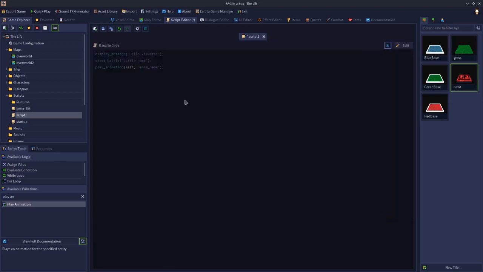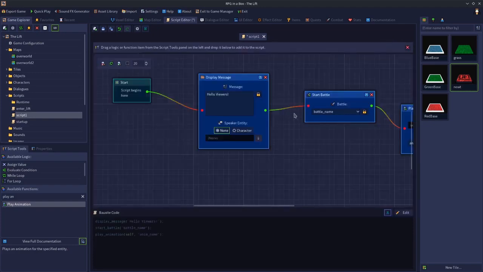Myself personally, I tend to use the code now more than the visual script, just because it's quicker to type. Once you start to know what the text is, it's much quicker to just type it than it is to find it in the list and drag it in and connect it all up. But if you're a beginner, then obviously that's what the visual script editor is for. It's good for learning the code, learning what the functions are. But do take a look at the Bauxite code as you build your scripts, so they can help you start to learn and slowly move away from relying so much on the visual script editor. You can still use it, but I think you'll find that as you get more used to it, you'll find